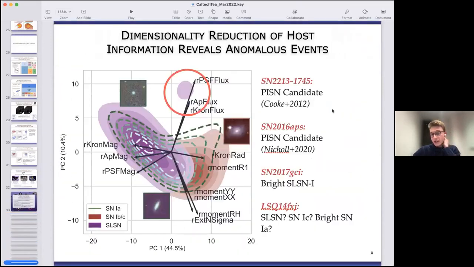Yeah, so we initially did dimensionality reduction using a principal component analysis for the ghost sample. And this is before we just separated out into core collapse and type 1a supernovae. And we found this weird clump of host galaxy properties. This is again using only host galaxy properties in the principal component space. And those ended up being outlier supernovae within the sample itself. So it is possible that you might find outliers of dominant classes by doing something like this, but this was very preliminary and should be investigated in more detail. We didn't look more into it.